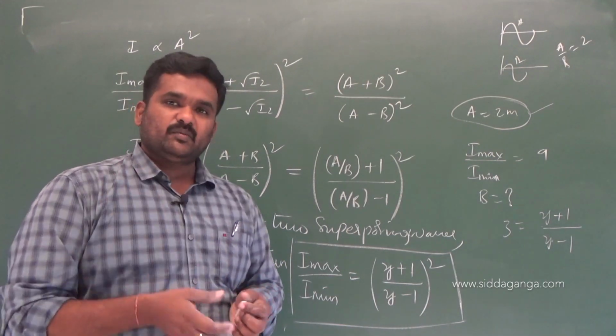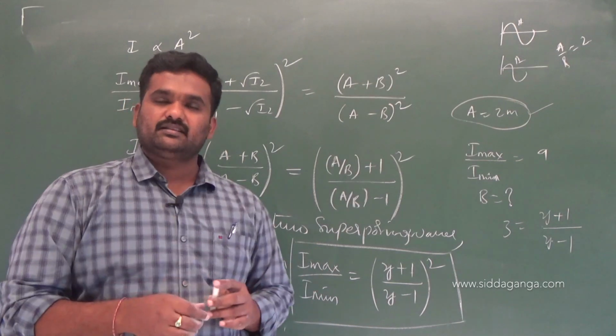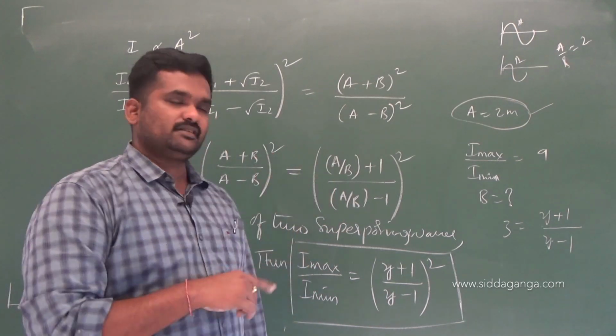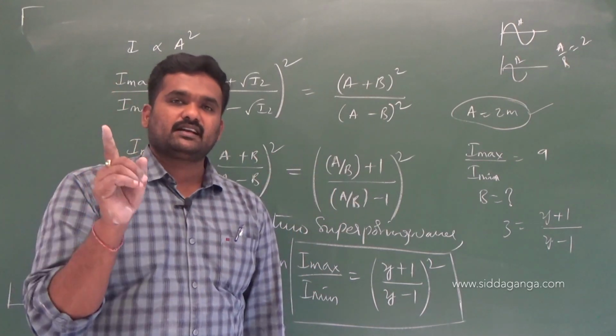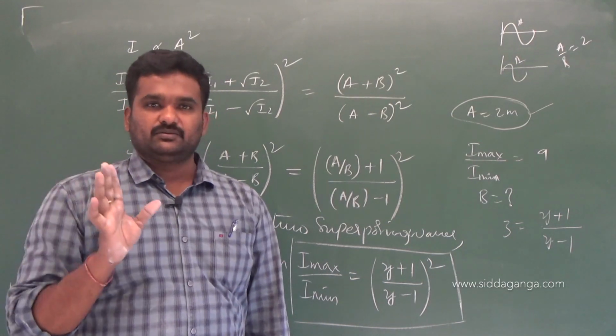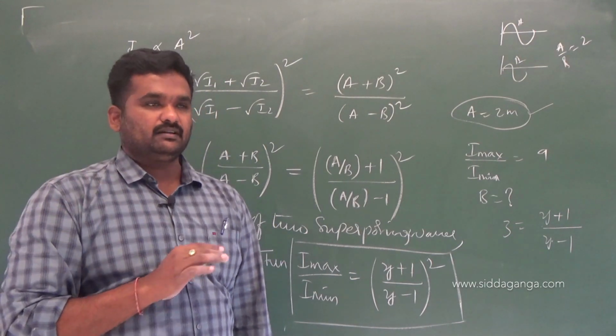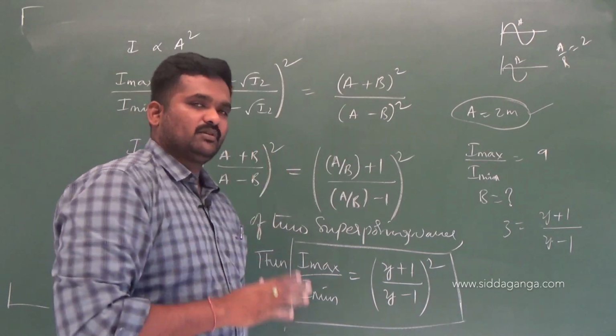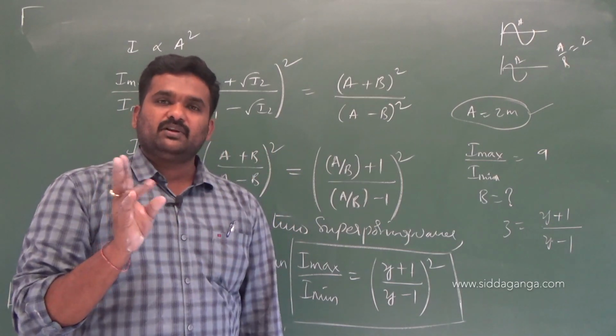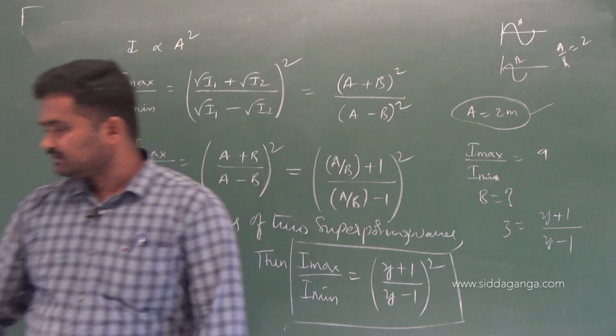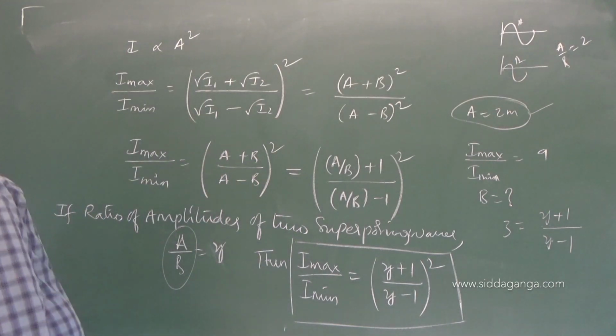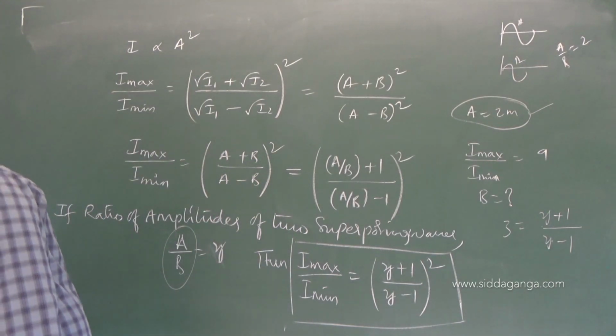In the short way, if you remember, well and good. Most of the students may not memorize all these equations, but still you learn the method of how we have to solve. The basic equation is what? Intensity is directly proportional to square of amplitude. That is the basic first thing. If you remember, then you can solve all kinds of problems related to the relations among amplitude and intensity. So this is one kind of problem you have to remember.